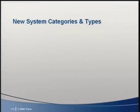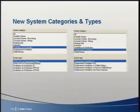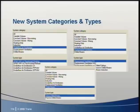The underfloor air distribution category has 6 new system types. The displacement ventilation category has 5 new system types. And lastly, the chilled beam category has 2 new system types. Until now, no major whole building energy simulation software has had the directability nor available user interface to model these system types. Something also to keep in mind for the 3 system types we just discussed is their potential need